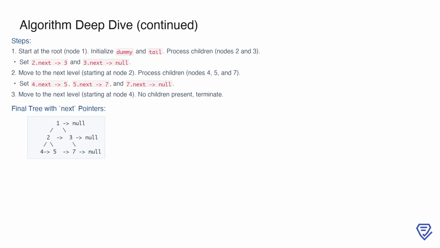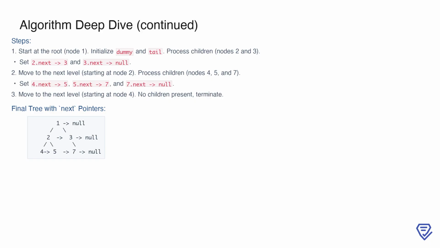Next, we move to the second level, starting with node 2. Here, we process its children, nodes 4 and 5, and then process node 3's child, node 7. The next pointers at this level are established as 4.next pointing to 5, 5.next pointing to 7, and 7.next pointing to null. At the third level, starting with node 4, we observe that there are no children, so the traversal